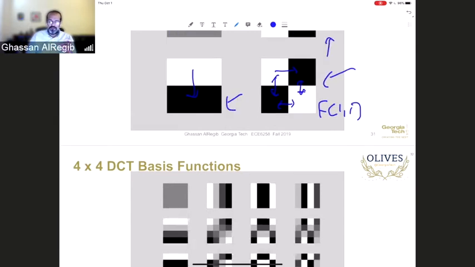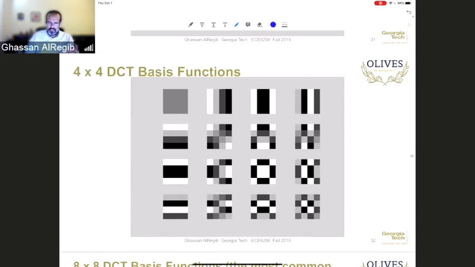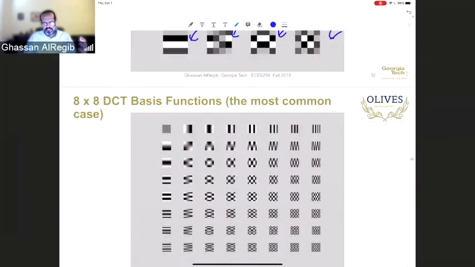However, if you go to a 4 by 4, then now I have a higher probability, higher chances that I have quite a bit of texture variation in my image, that these coefficients in here will capture that information, right? This variation, this frequency content, all of these. So you can see now there is this kind of dilemma: do I keep it very small or very large, and how large is large? So here is 4 by 4, and then you go to 8 by 8, which has been